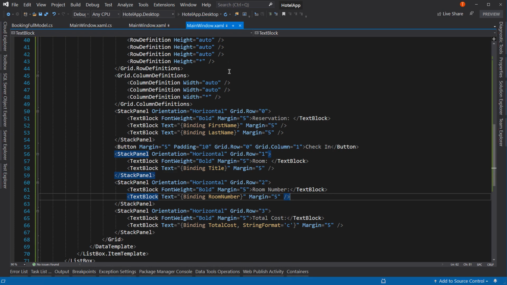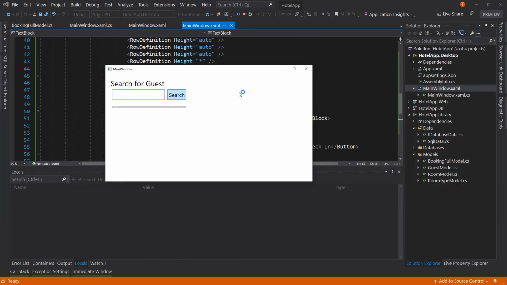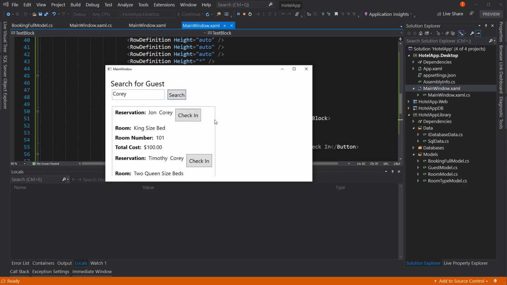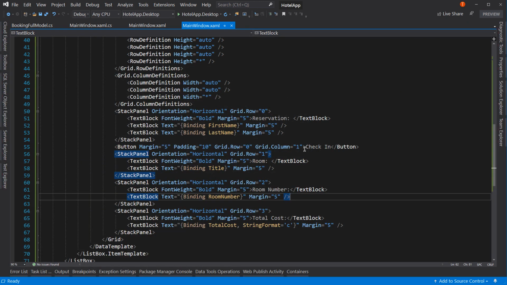Now with this, we should have a little better spacing on our grid. So Corey, we'll do a search, and now, yeah, it's a little better. It's not perfect, but it's a little better. The problem here is our button is still in the 1 row. So what I'm going to do is I'm going to say